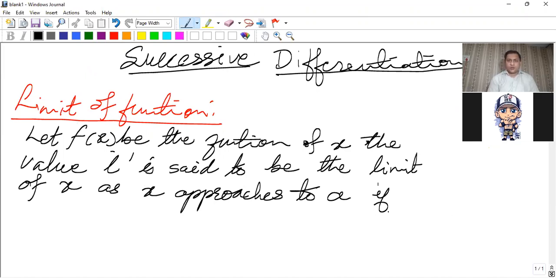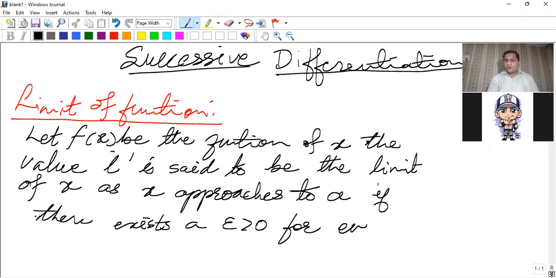So here if we consider this, if there exists a small number epsilon greater than 0 for every delta greater than 0, such that